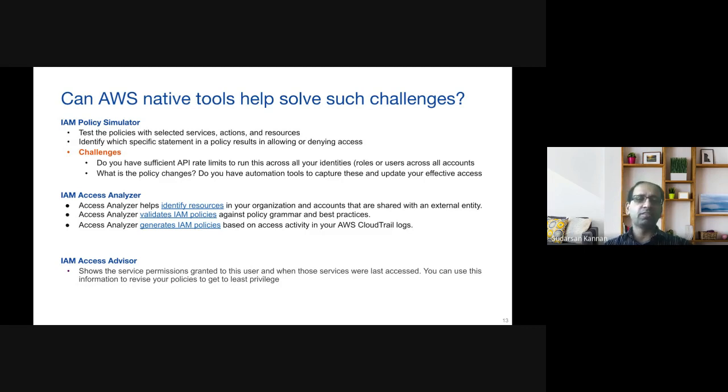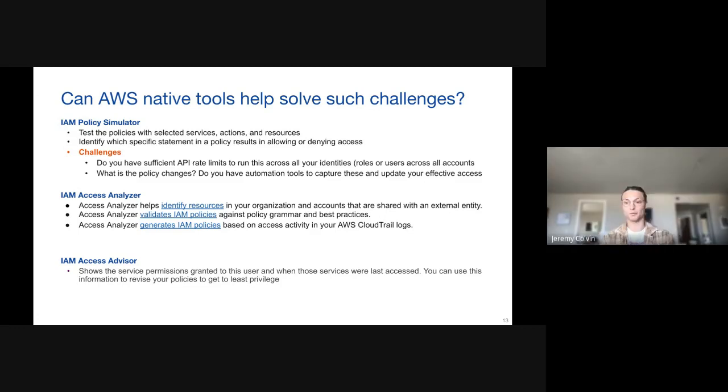And then there are other tools like Access Analyzer and Access Advisor. All these are fantastic tools, but they have their own limitations, right? So think of this as a complementary approach. You continue to use your AWS provided native tools, but that's not going to solve your entire challenge. The other part is where you need to bring in a different tool to combine these together to have a real answer of who can access what, at scale and fully automated.